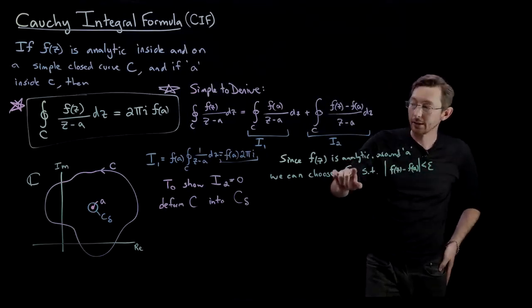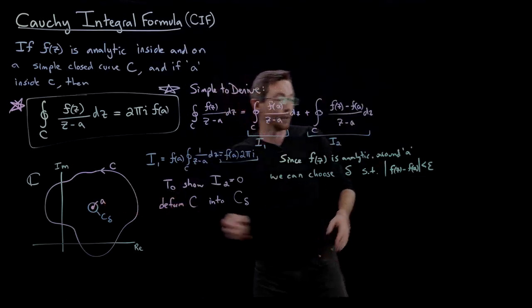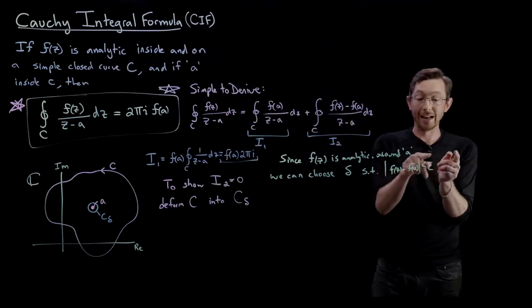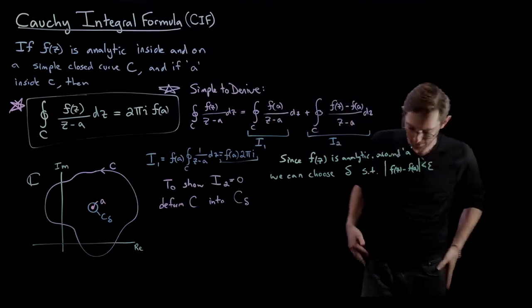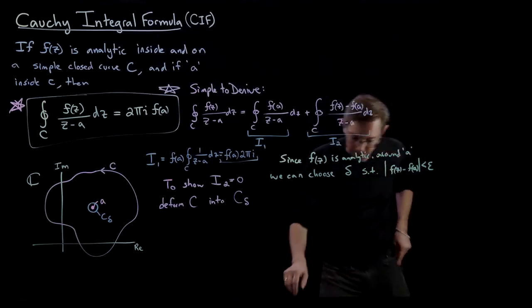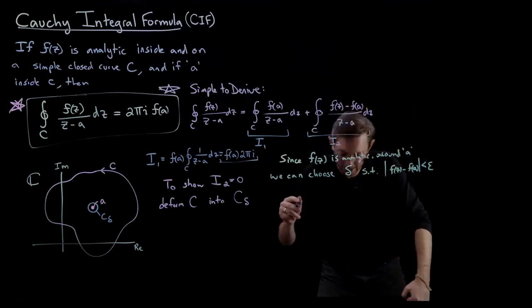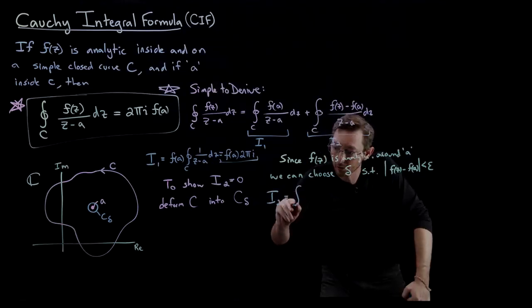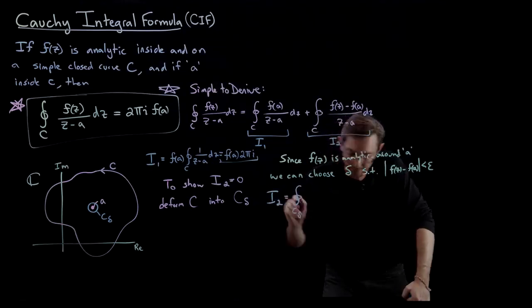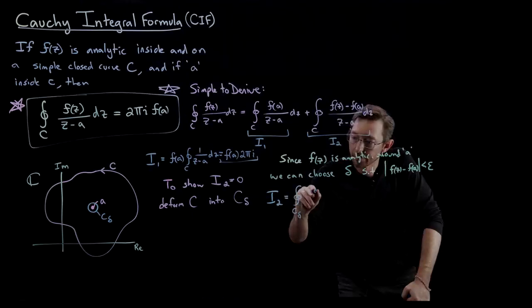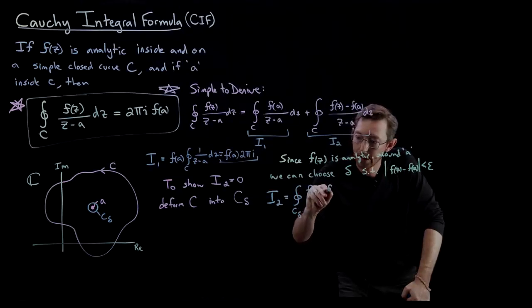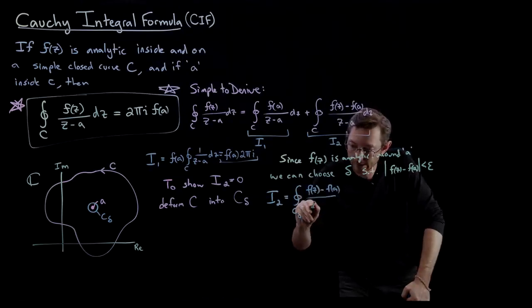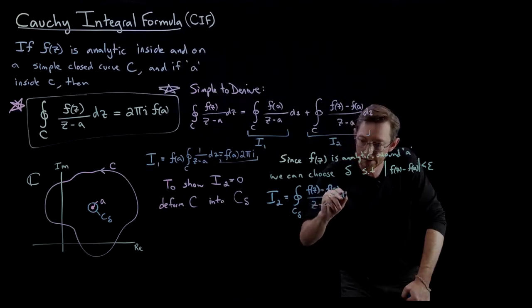So I can choose a radius delta close enough to a that this is true for any epsilon greater than 0. And so essentially my integral I2, which is the integral around C delta of (f(z) minus f(a)) over z minus a dz,